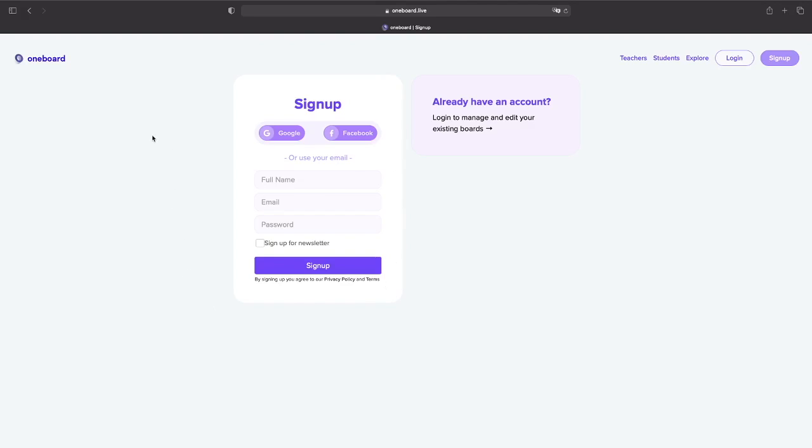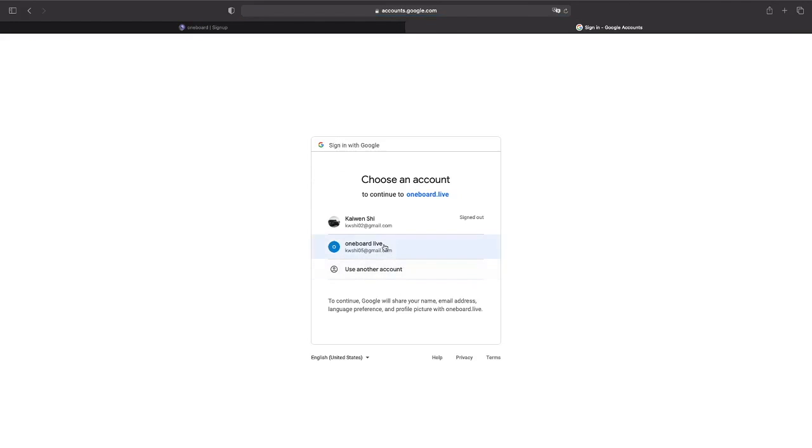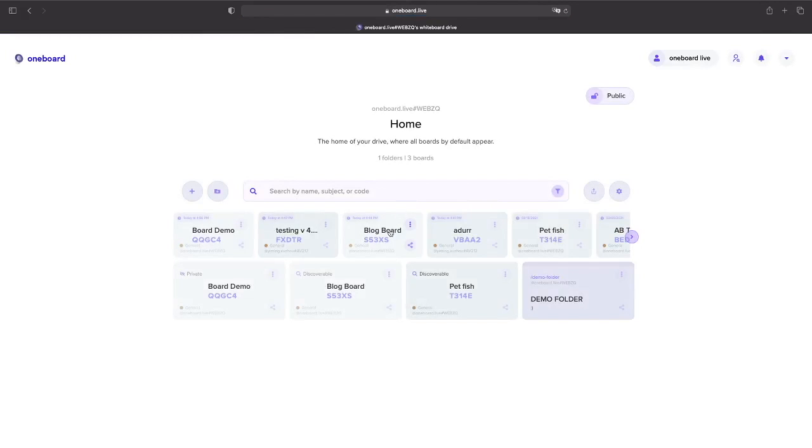You have three options when it comes to sign up. You can use Google, Facebook, or your own email outside of Google. So for clarification purposes, I'll just use Google for now. And so once you've selected the account you want to proceed with on Google, Oneboard will automatically register and sign you